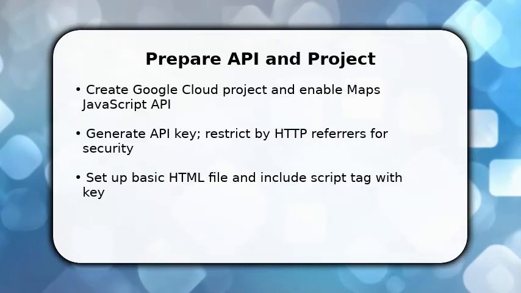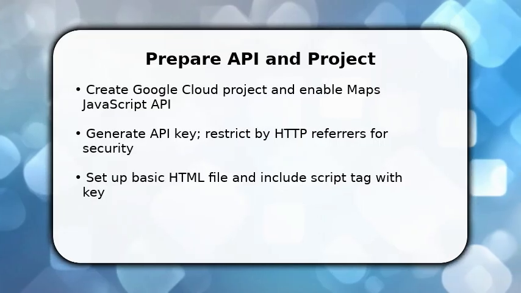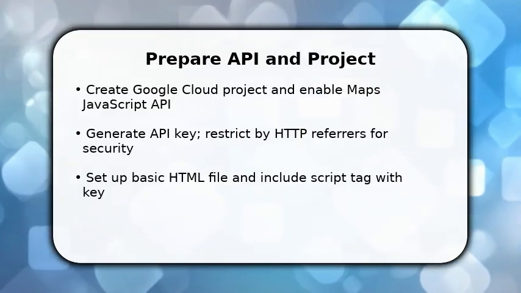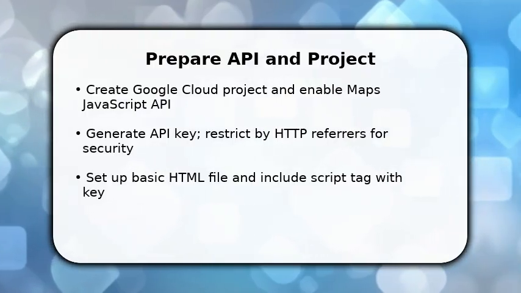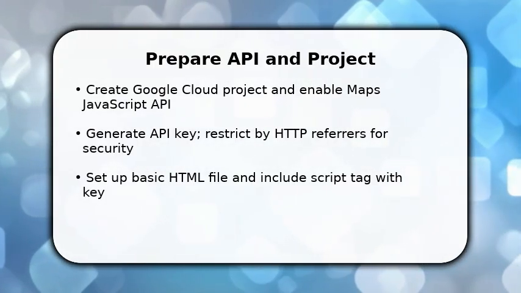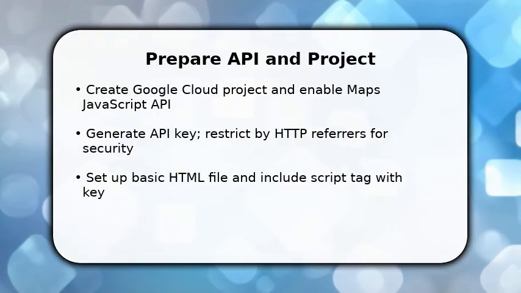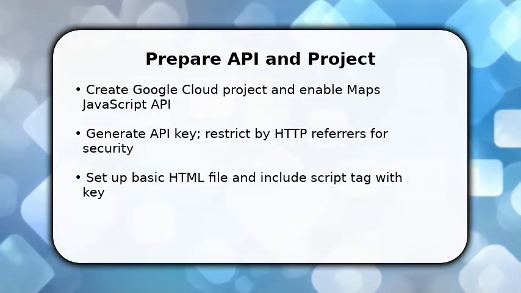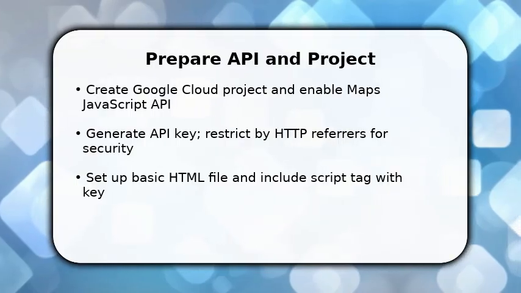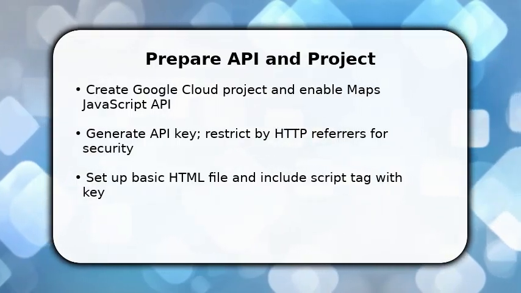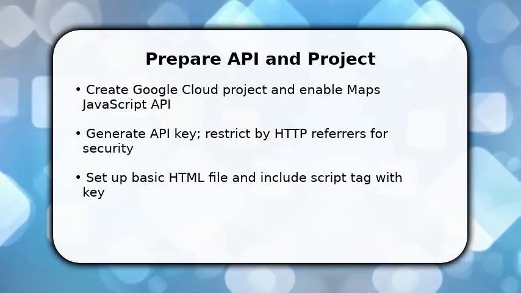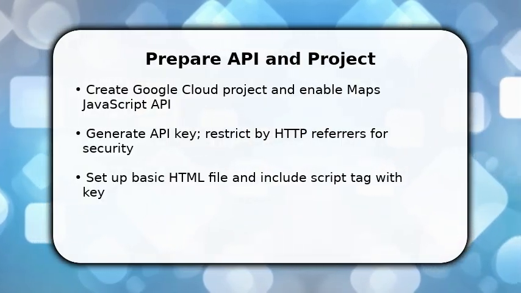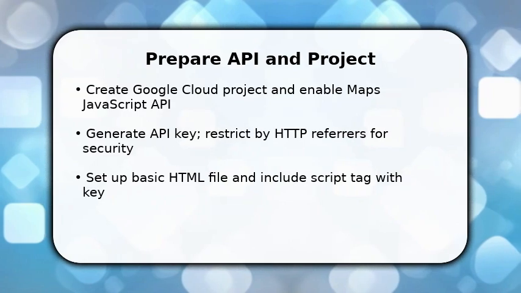You start by creating a Google Cloud project and enabling the Maps JavaScript API so your site can load interactive maps. Next, create an API key and restrict it to your domain to prevent unauthorized use. Open your code editor and scaffold a simple HTML file. Include the Maps script tag with your key in the head. Once done, save and serve the file locally so you can view console logs and confirm the API loads before